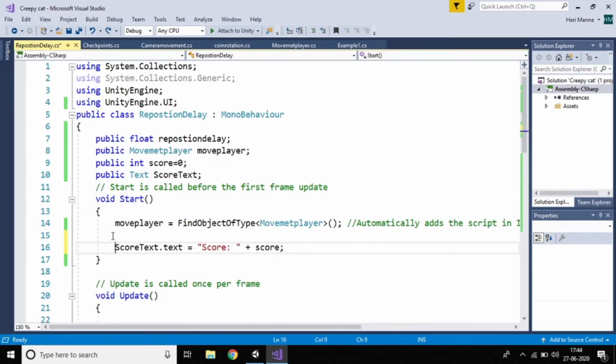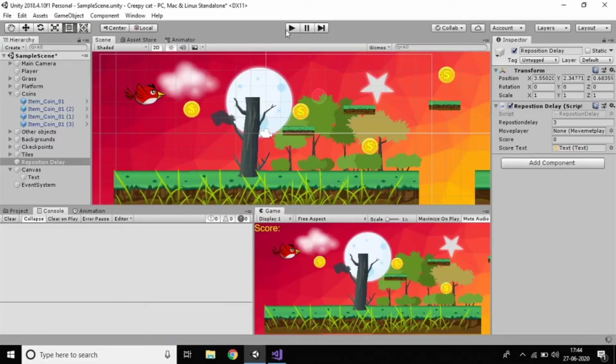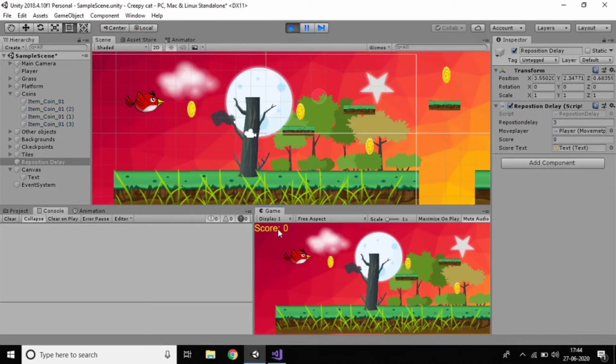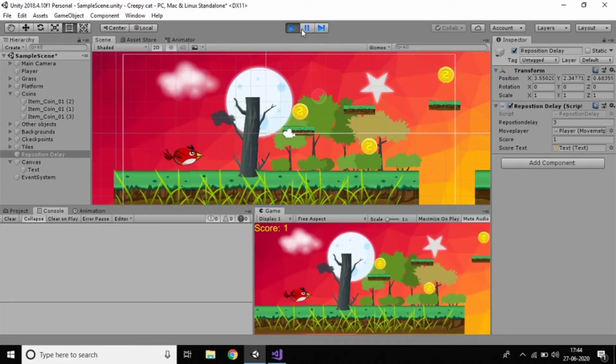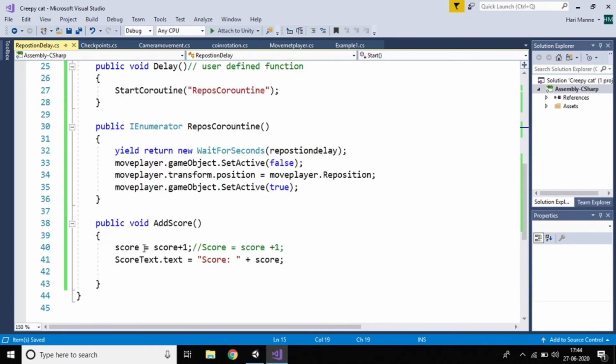So just give score equal to 0 here, so it shows in the UI, then press Control S. Now if you play the button, it automatically shows 0. Yes, you can observe the score started with 0, which it didn't before. So automatically the score was increasing. And you can write like this also.